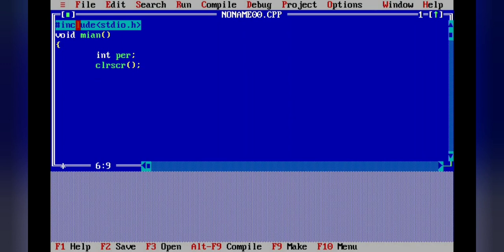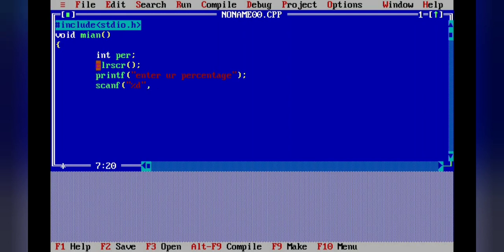Then printf, enter your percentage. This message we are giving to our students, and whatever percentage they enter, we will store with the help of this value.